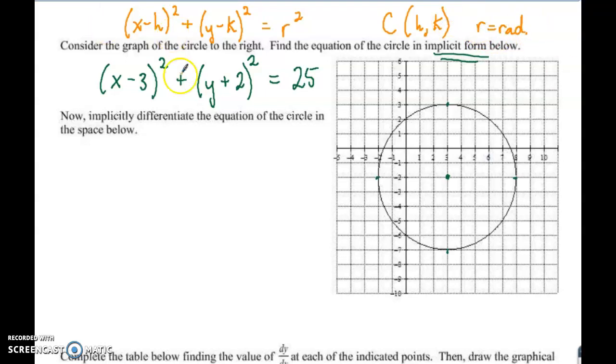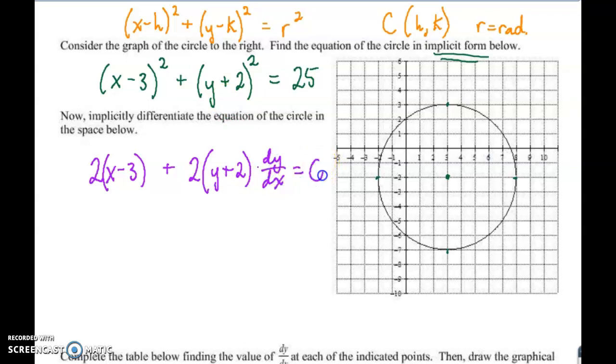Okay, so if I were doing this problem, I would not FOIL that out. That's just my opinion. I would do this as if I was doing the chain rule, where the derivative of the left side would be 2 times (x minus 3) to the first power times the derivative of the inside, which would just be 1. And then same thing with the next one: 2 times (y plus 2) to the first power, and then times dy/dx is equal to 0. So again, you don't have to do the problem this way. It's just how I would do it because I can already see what the final answer is for dy/dx,